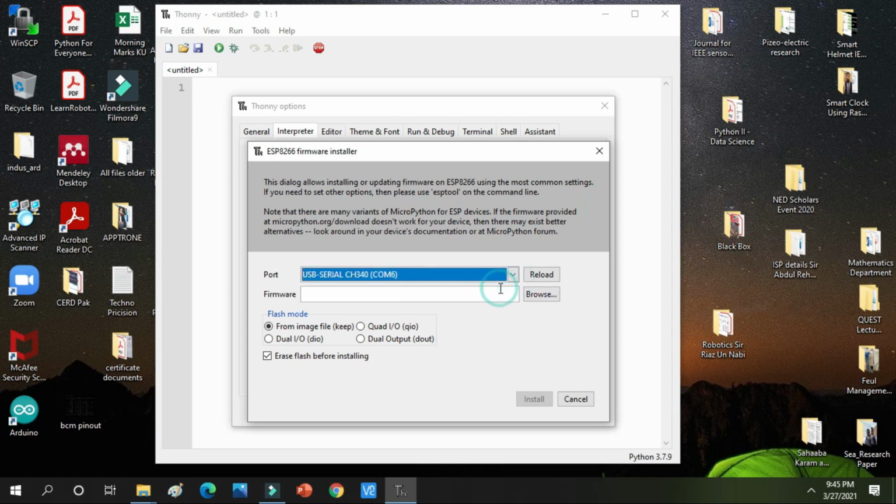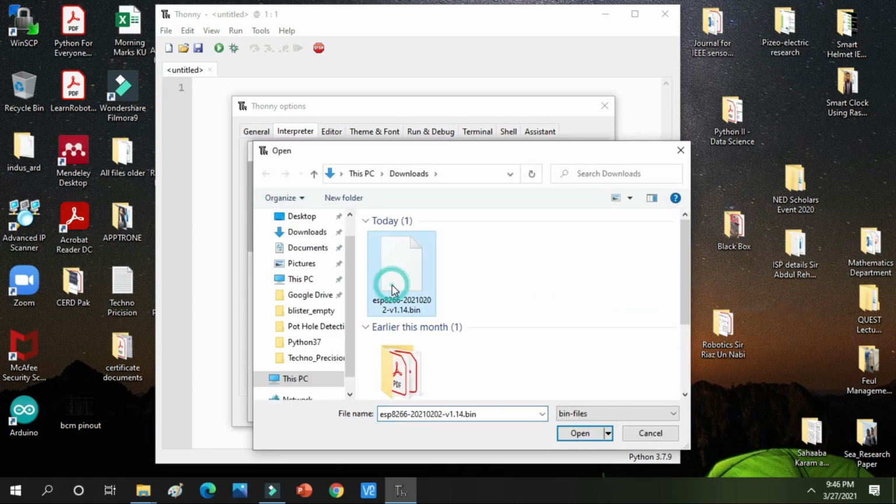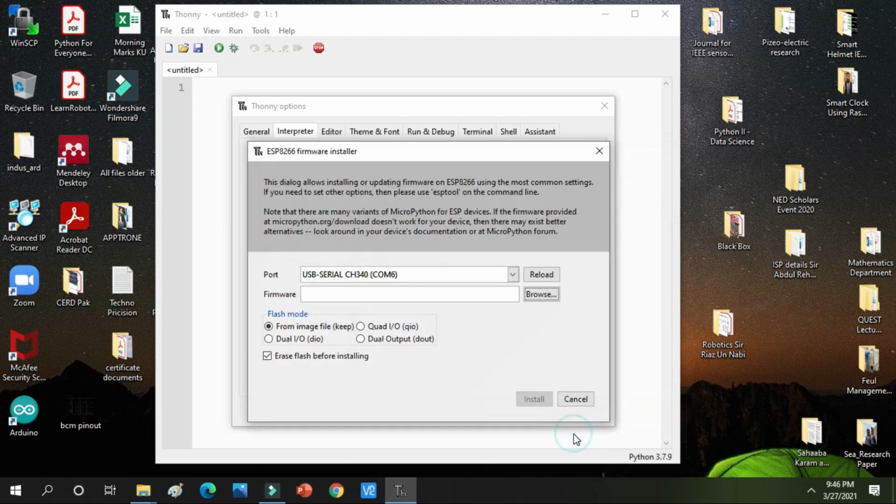This is my port, and I will browse for the firmware. I will directly go towards my downloads. Here is the firmware. I will click on open. So after selecting the firmware and the port, I will click on this install button.